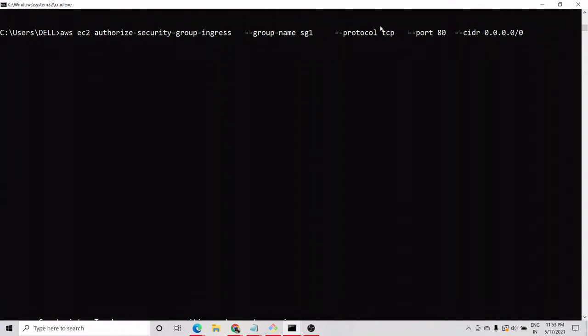As HTTP comes under TCP, we have allowed the TCP protocol, and for HTTP we need port number 80. So we have allowed port 80, and all the IPs, as we want to create a web server, which means we want it to be public. For all the IPs we just use 0.0.0.0 and prefix length is 0. So this is the command to provide an inbound rule. We'll just run it, and as it is not giving any error, it means it has succeeded.